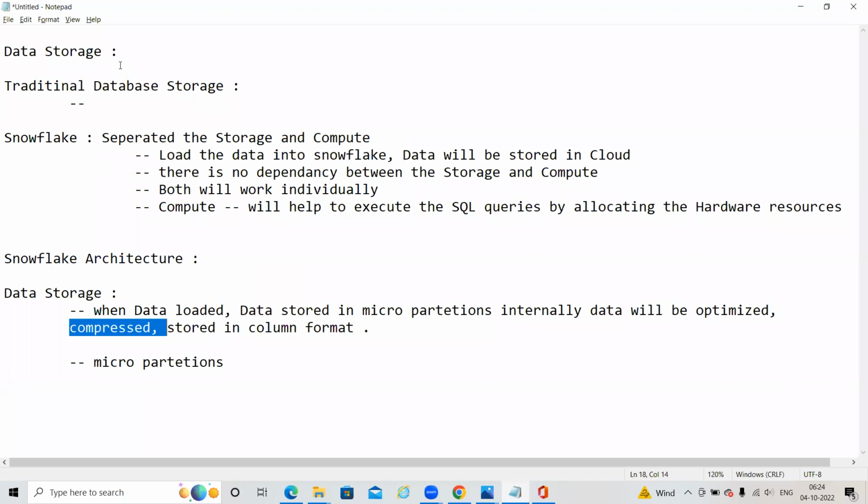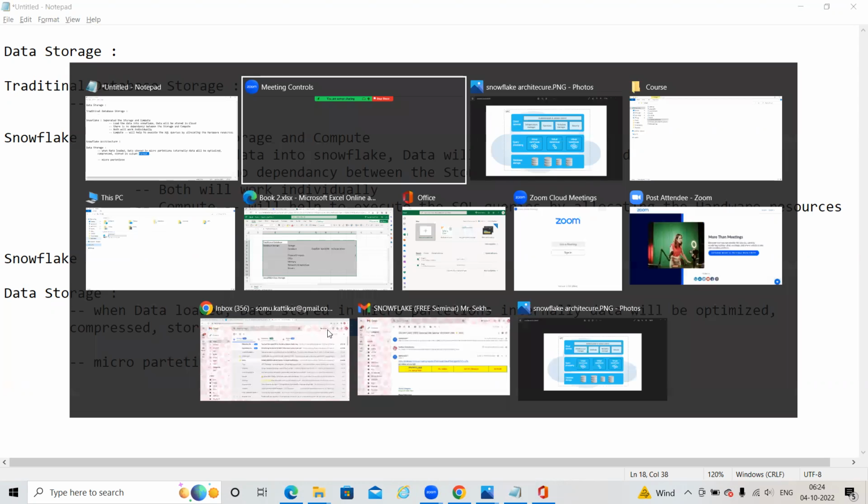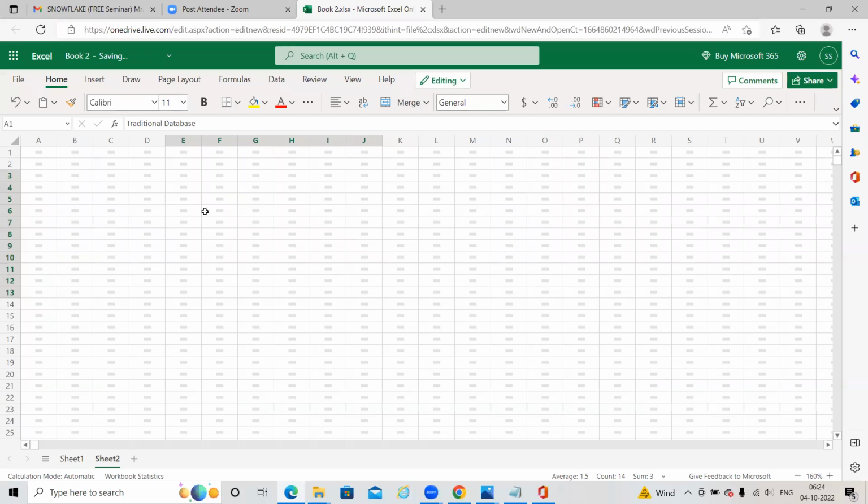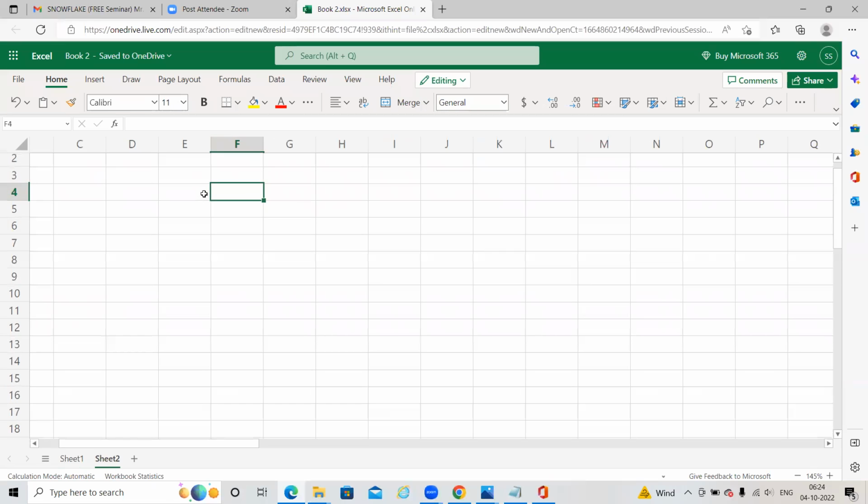And then this columnar format. Columnar format is nothing but, in our traditional database, data will be stored in rows across columns.